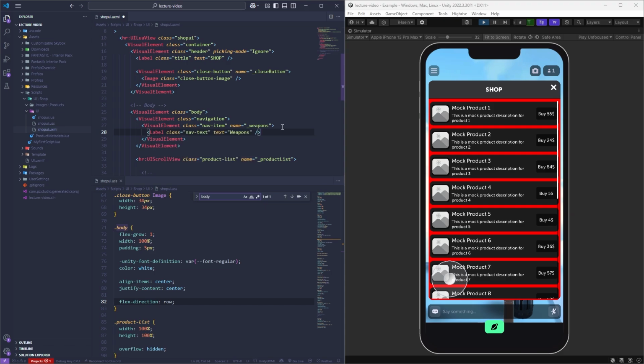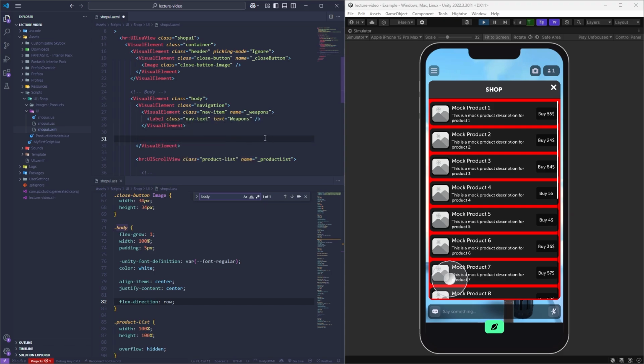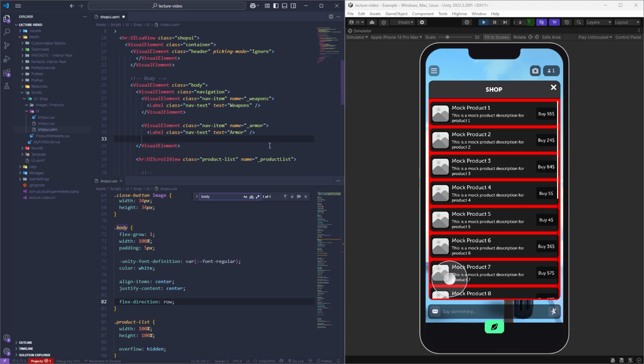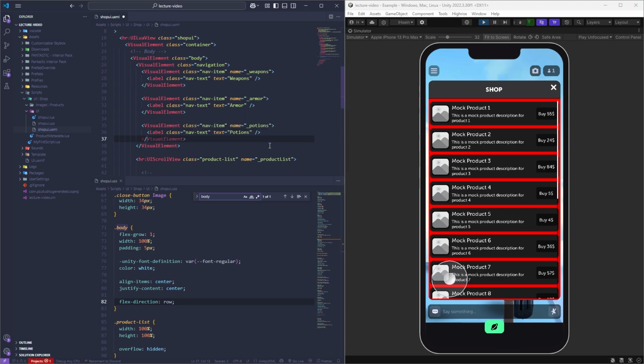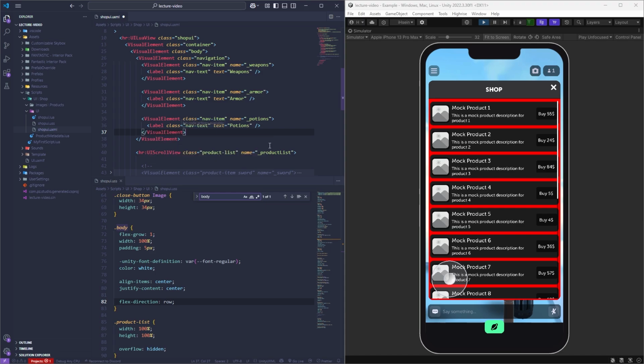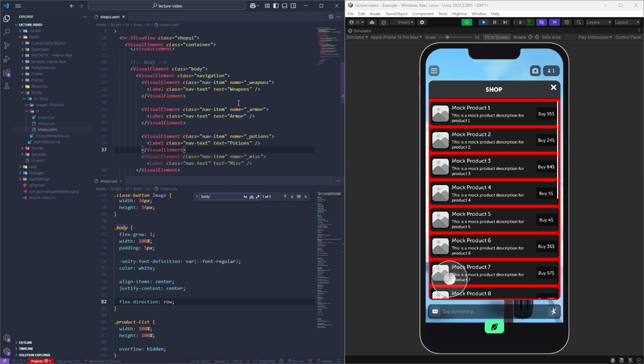Inside of it we're going to set a label. That one is going to be weapons, and we're going to do the same for armor and so on. Then we have potions, right? So this way you have shop. We don't need to add a misc right now. Let's just add weapons, armor, and potions. This way we can access weapons, potion and armor on the navigation,